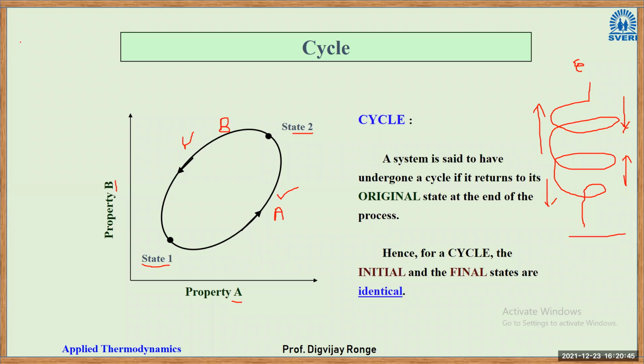From a thermal point of view, again, I will give you the example of the same. Let us say this is a vessel containing water, and let us say it is on a stove. There is a fire. Initially, let us say its temperature was 30 degrees Celsius. Now after heating, its temperature becomes 60 degrees Celsius. So this is path A. It has gone from 30 to 60 degrees Celsius.